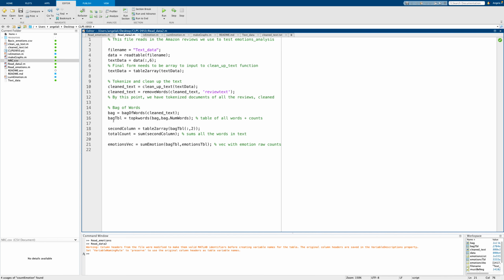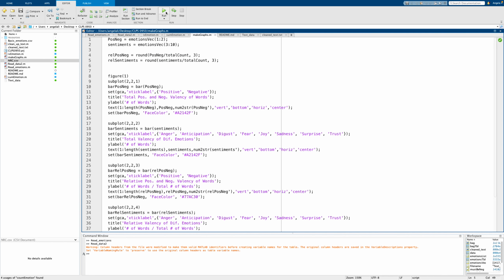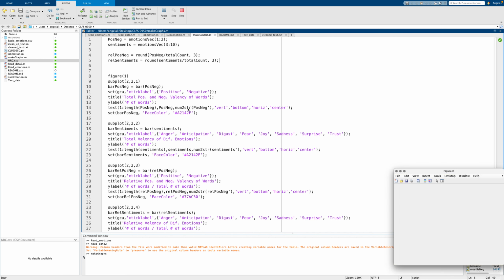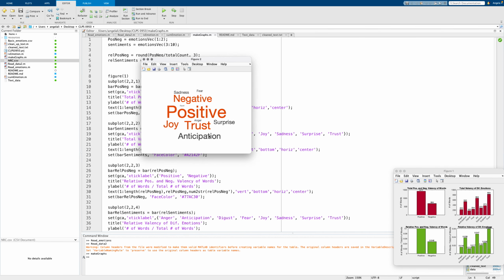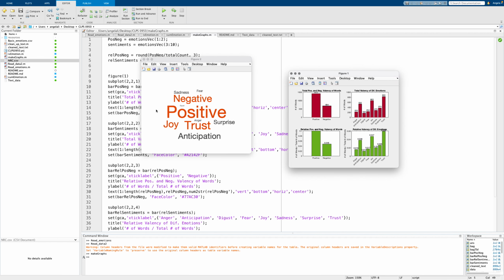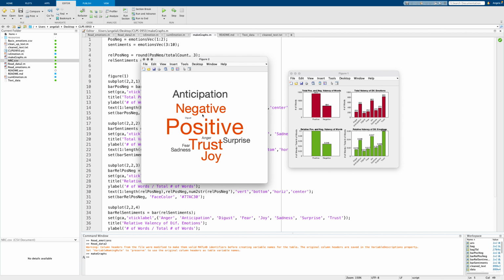And so now that we have emotions vec, we can run make graphs, where this is going to pop up. This is a word cloud of how positive and how negative and all of the big major categories of sentiments. And as we can see, this text is majority positive. It has a lot of trust and joy, which we expect because this is a collection of Amazon review data